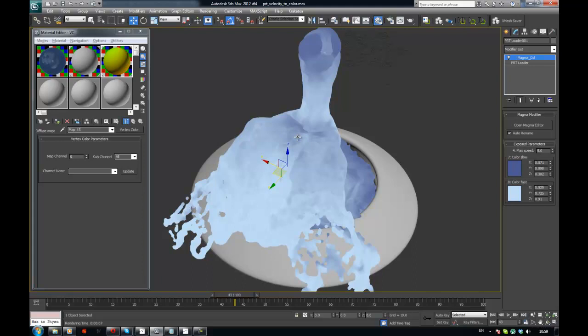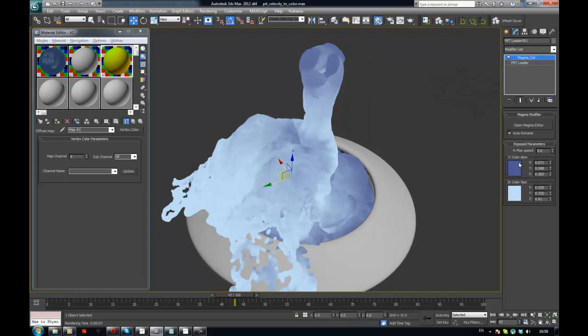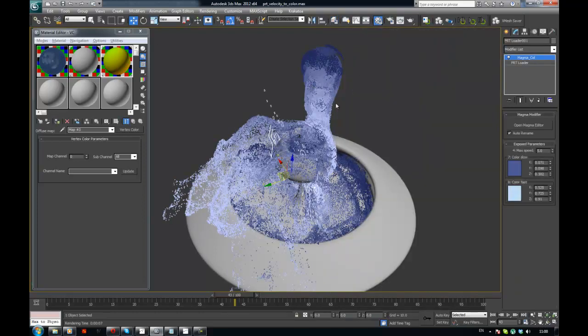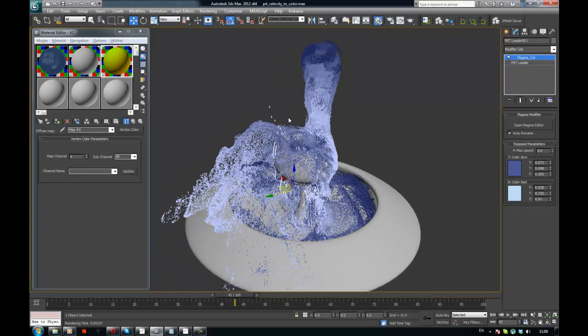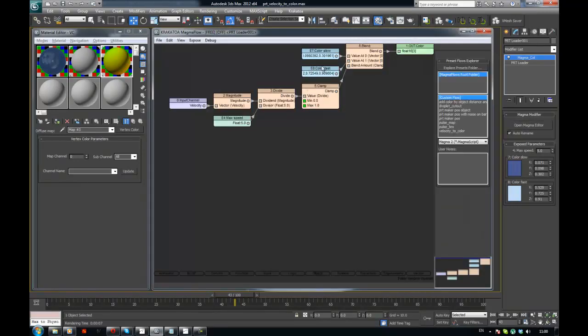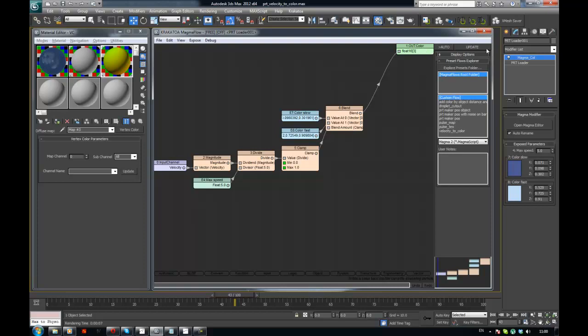So now this is really nice, but the problem with that whole setup is that you see here we have just a blend between two colors, the slow and the fast color. So I'm just going to hide the Frost for now. The easiest way to overcome this limitation, if you want to blend it with a more interesting color range, is to actually change the way this whole setup works. So instead of going on this route of blending the colors here, instead of using the colors here and sending them to color, I'm actually going to